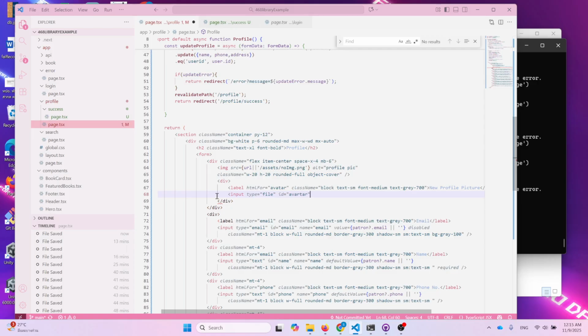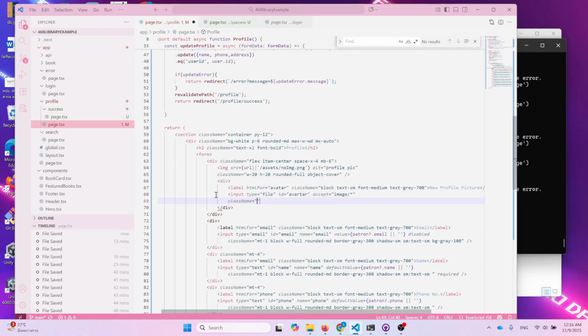Var target, okay. Except equal, I want image file, and the class name should be block, text-sm, text-gray-500, file, py-2.5, mr-4. So margin and padding,